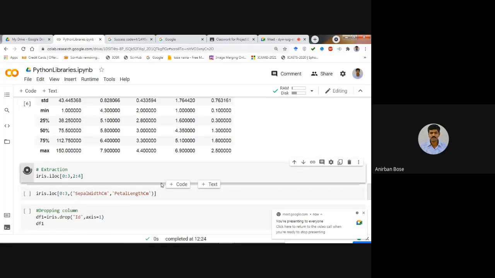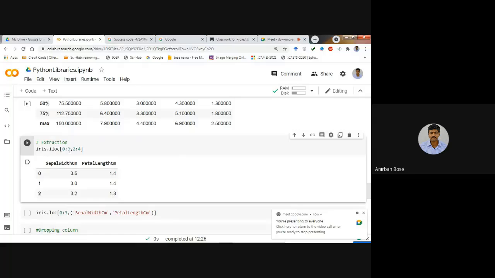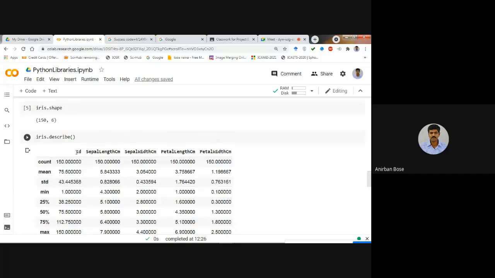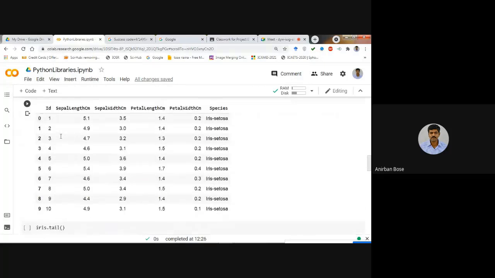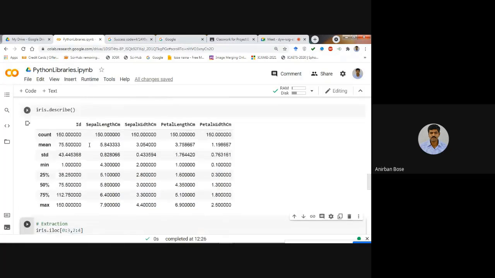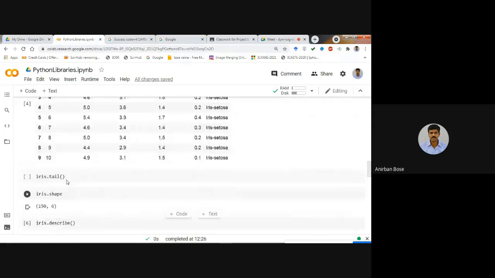If we simply execute, you observe that 0:3 starts from 0, then 1, then 2, so these 3 rows you will observe, and 2 to 4 means the columns at index 2 and index 3. Here is the actual dataset, and in that dataset it is 0, then 1, then 2, and then 3 is this one.